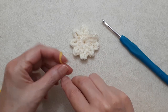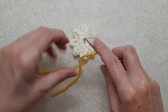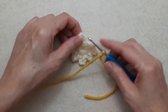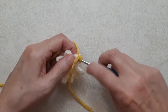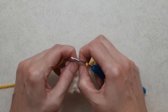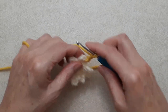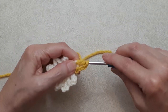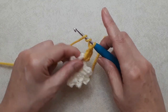All right, so this is the gold in the Bernat Premium, and of course you can use any yarn color you like. I always like to have my tails to the right. So starting with a slip knot, join into any chain 4 space with a slip stitch. Flip your tail over and do a slip stitch. So we'll chain 2, and this is going to be very similar to the pink petaled flower that we did. So we'll do a double crochet,